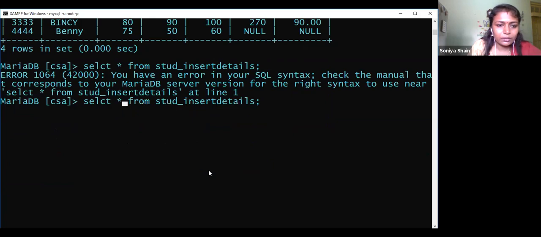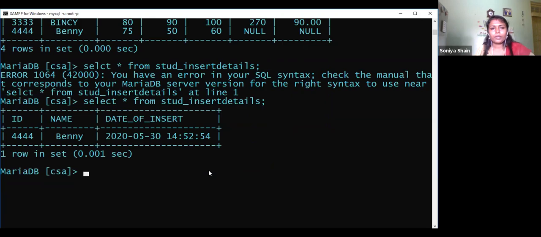Okay, select is having a mistake. See the 44, now I inserted 444 ID. Okay, 4444, that came here, and the name also came here, and the date and time I inserted, 30/5/2020, and the time that will be displayed here, 14:50 to 54.